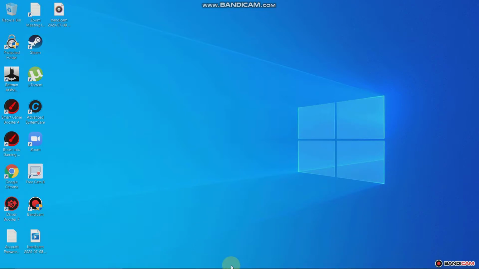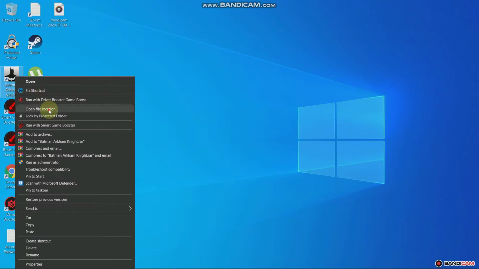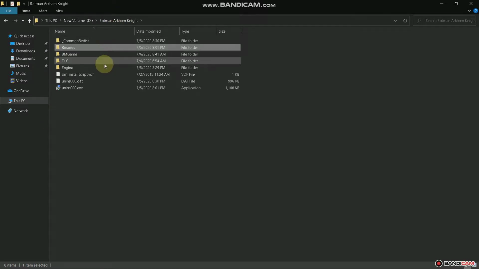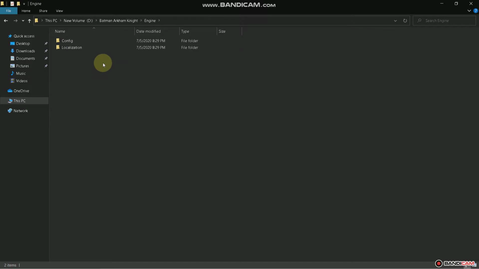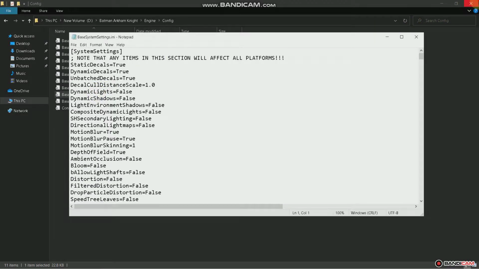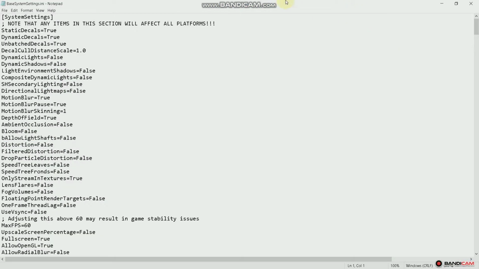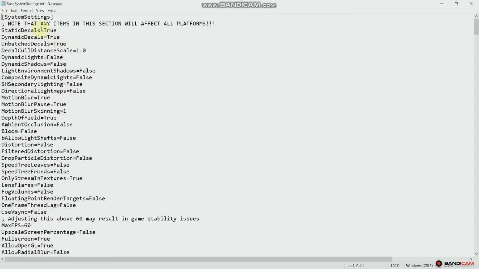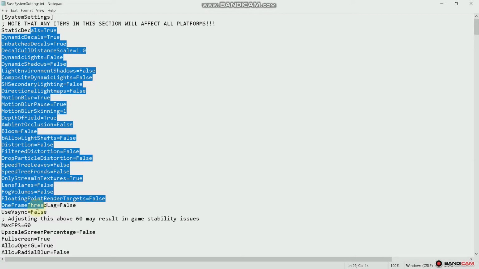at a time. So next what you want to do is go to the Batman Arkham Knight file location, open file location. Then you want to go to Batman Arkham Knight and engine because you don't want to change every single setting one at a time. Just go to base system settings and you can change all settings at once. And now as you can see, mine is already configured, so you can just copy these settings for your PC